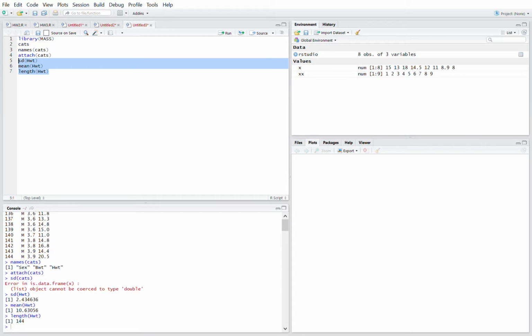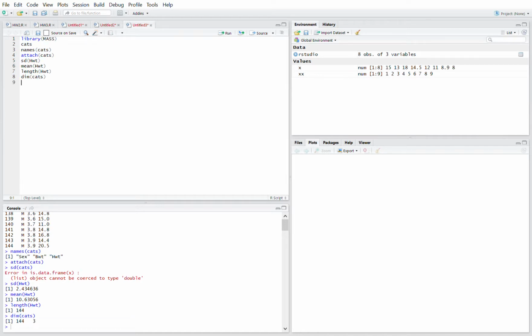Cats is sort of a matrix, right? I can go dim of cats. What do you think dim means? Dimension. I can go dimension of cats. What do you think that'll tell me? 144 by 3. 3 categories. What does that mean? There are 3 variables and 144 rows by columns, right? So it means you have 144 rows and 3 columns, and the 3 columns refer to,